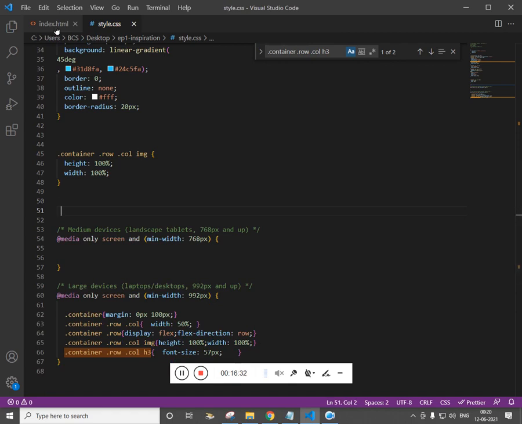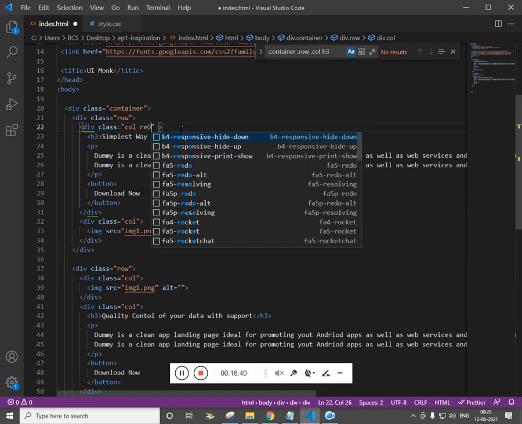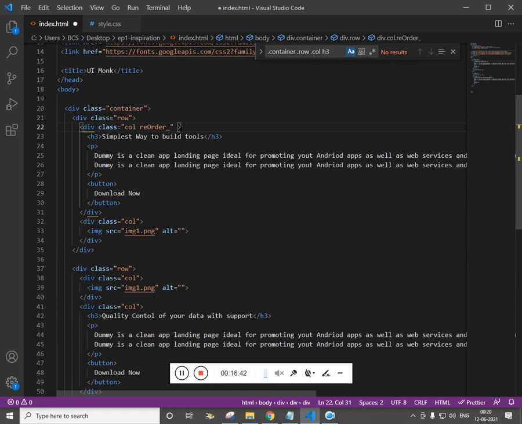Let's name it as reorder -1, row 1. And let this be call 1, and let this be called 2.